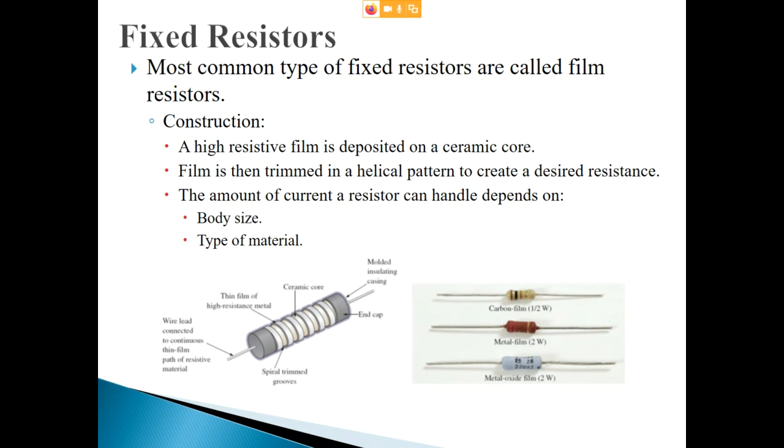And I know it might be kind of hard for you to see on the camera here, but let's see if I can find, here's two different sized resistors here. There's a large one, a very large one, and then a smaller one. Let me see if I can get some white background there. I don't know if that helps you or not, but the bigger it is, that means the more heat